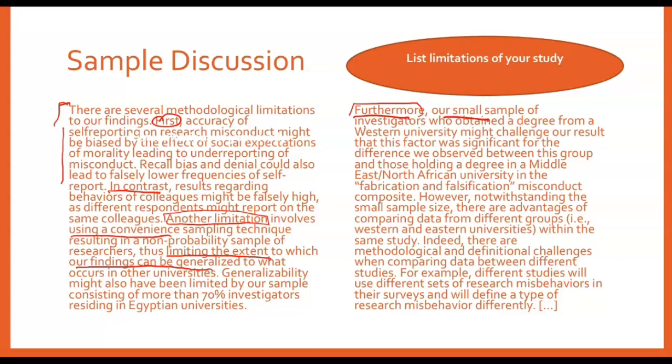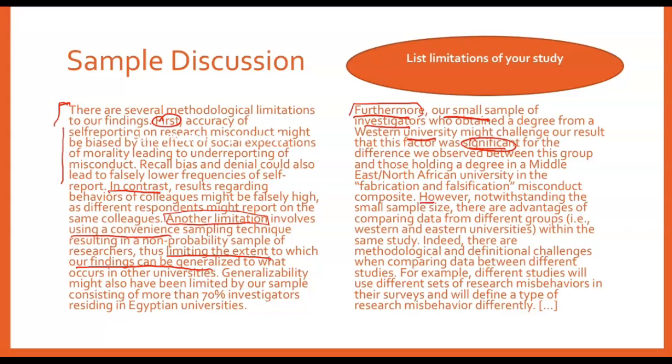Furthermore, a small sample of investigators who obtained a degree from Western universities might challenge our result that this factor was significant for this difference we observed between. Although the result was statistically significant, so the word significant is used just here, remember, for statistically significant results, not for anything else. Significant means statistically significant. So even though their result was significant, the reviewer commented this was a very small sample and the significance should be questioned. But I want to point out to you how these writers addressed it in the revision,